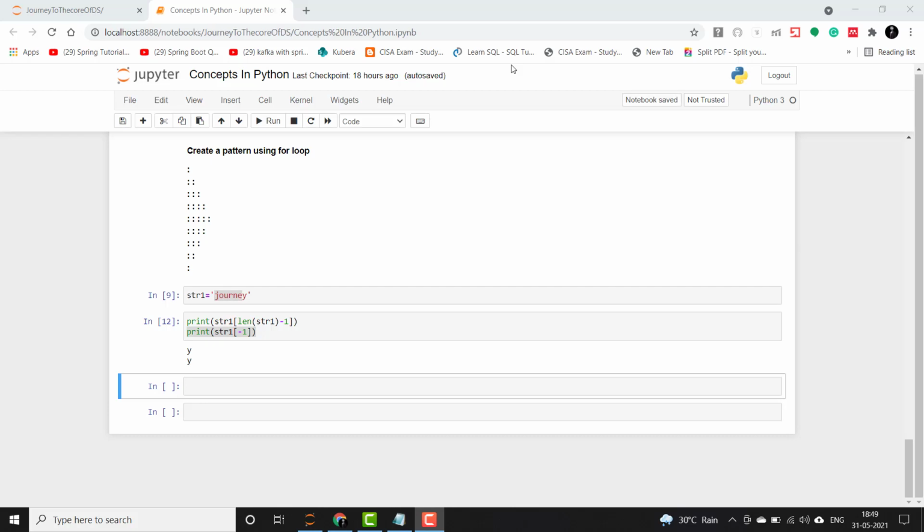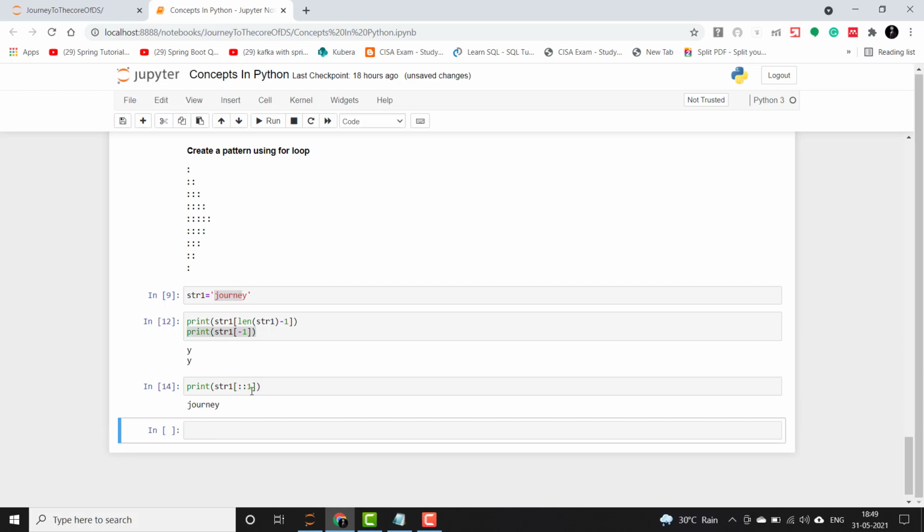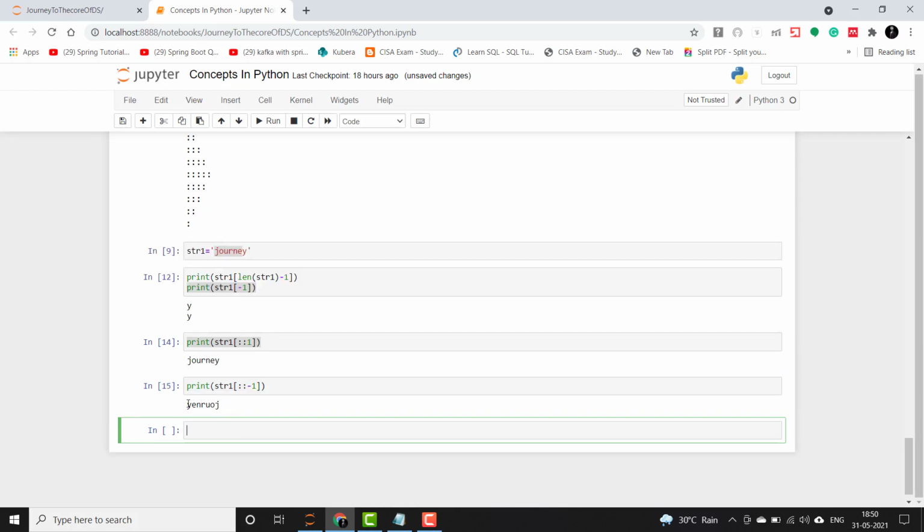Another beautiful implementation of slicing is in reversing a string. Let's see that also. Let's say print str1. This is the normal string. This is the normal value of the step. Here, if you give 1, it will be stepping or incrementing by 1 every character. But let's say that we give -1 here. Now what happens? Exactly, it has reversed the string. As I've already told you, giving -1 means it will start from the right. So it has started from the right and reversed the string.